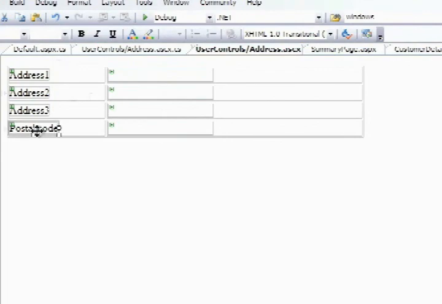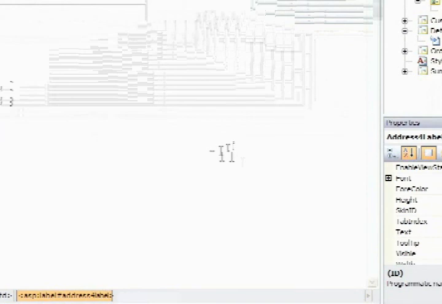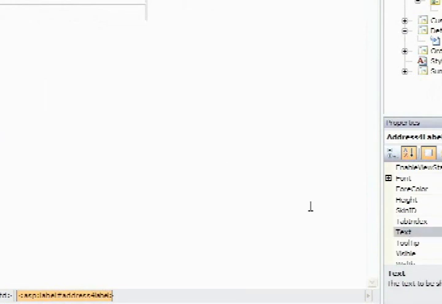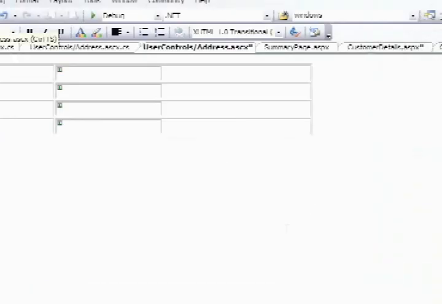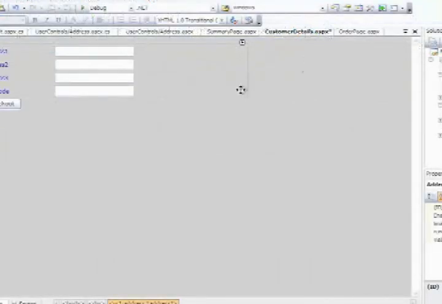For example, a label. Instead of saying postal code, I might change it to say postcode. Okay, and then I'll save my user control. And then if I go back to my web page, on the smart tag, if I click refresh contents, instantly it displays the new ASCX layout that I've just specified. So that's very straightforward indeed. Okay, so this here is one instance of the user control. The whole point of user controls is that they define